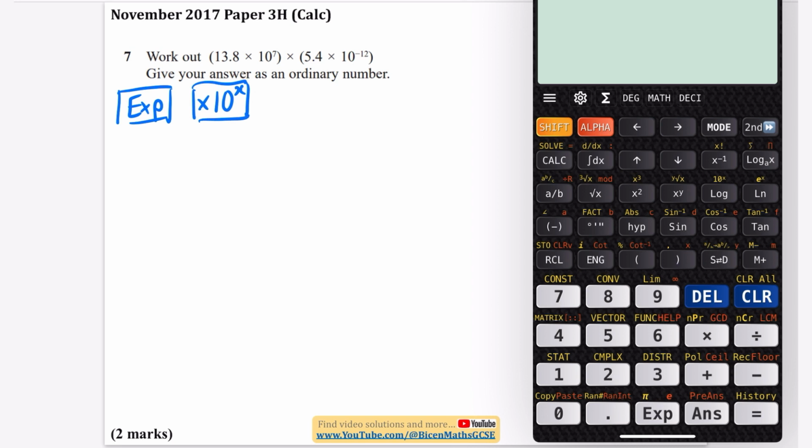So if I'm going to do 13.8 times 10 to the 7, you can put brackets if you want to, but I'm just going to write 13.8. When I do it, mine comes up with an E. That just means times 10 to the 7. And I don't need brackets, but you can put them in if you want to, times 5.4 times 10 to the power of minus 12. And we come up with the answer of